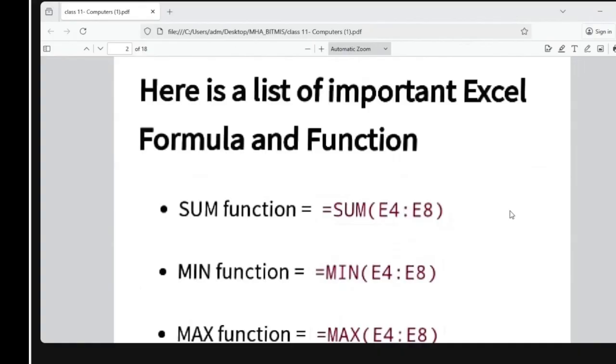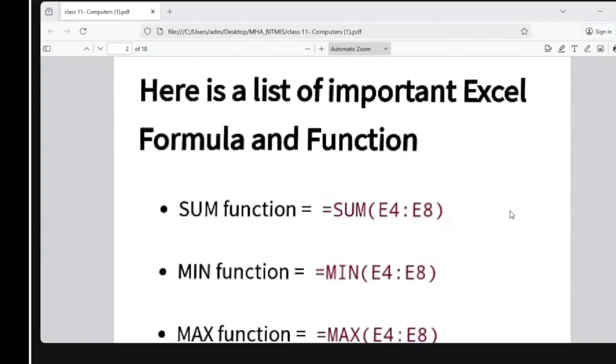So equal sum, and the range is given like E4 to E8. In this way, for any range you want to sum in MS Excel, you have to write the cell address from the starting point to the final point where you want to sum.